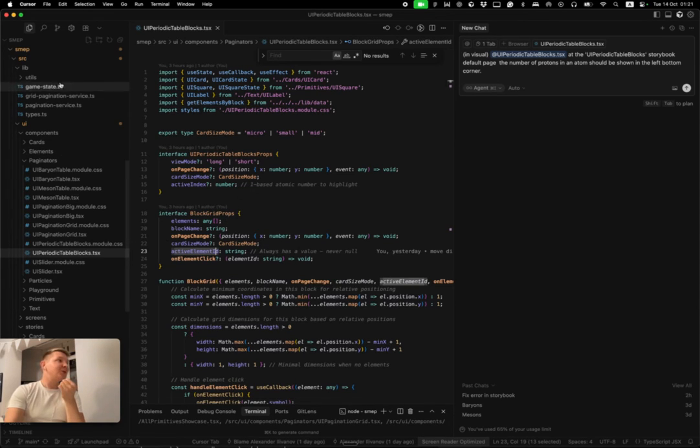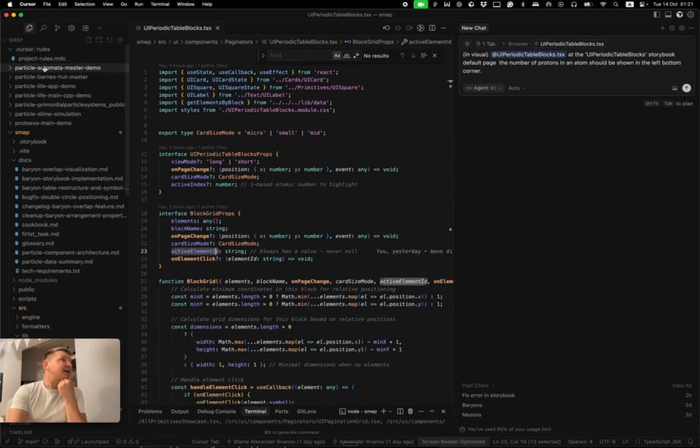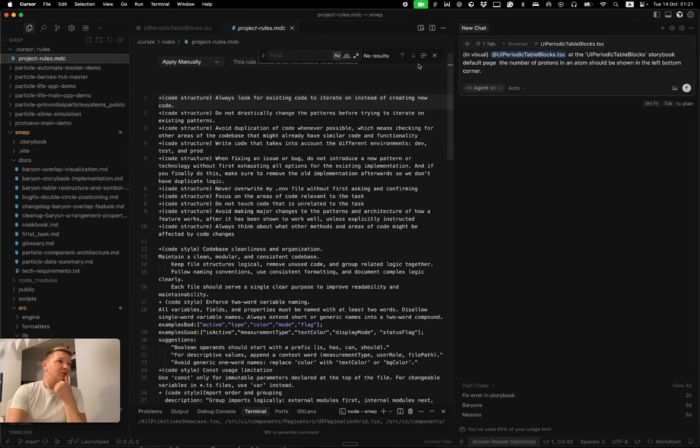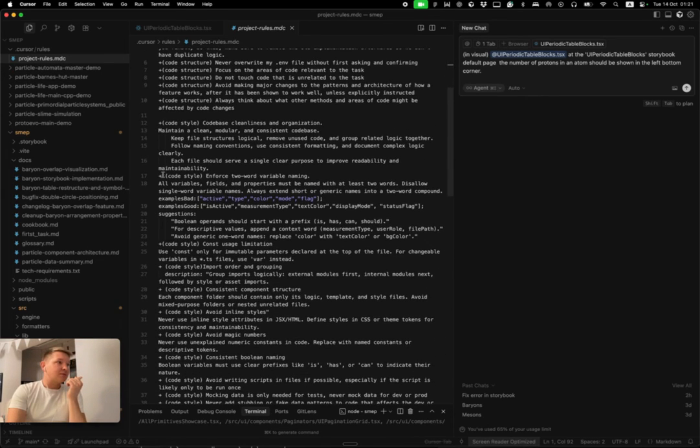So following that pattern, I'm actually defining it in my project rules. Here I have my rules set up for this project specifically. So I'm trying to enforce 2-word variable naming. Instead of active type color, we call it active is active, measurement type, text color.